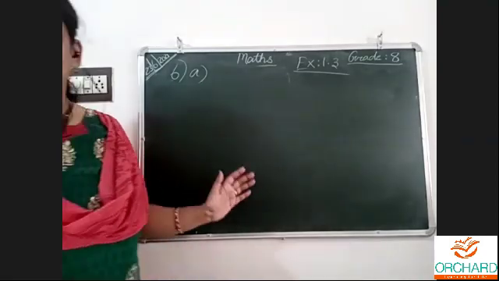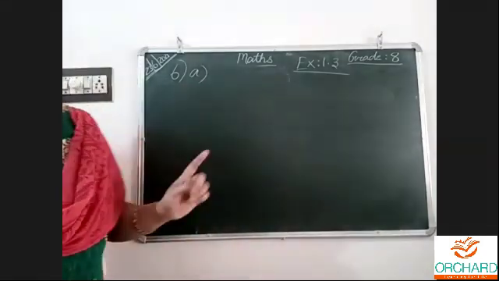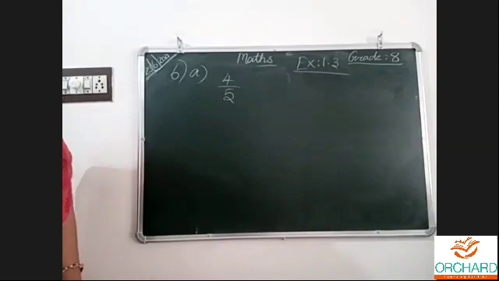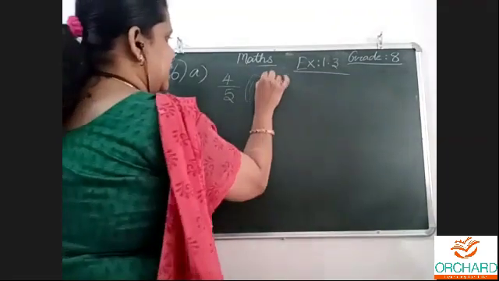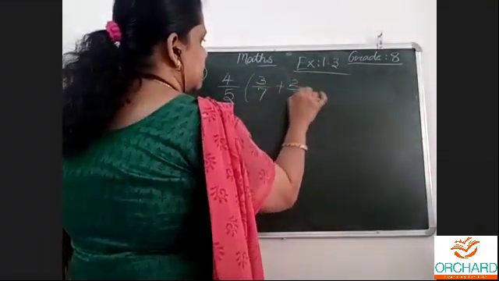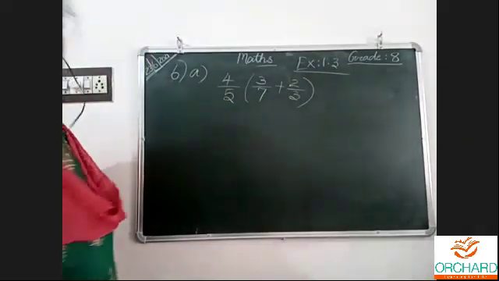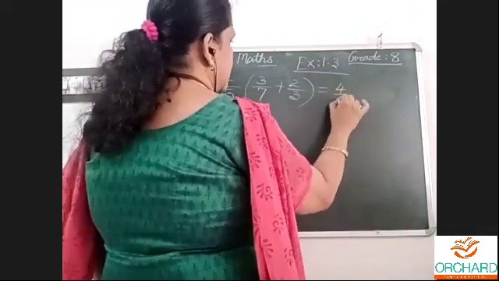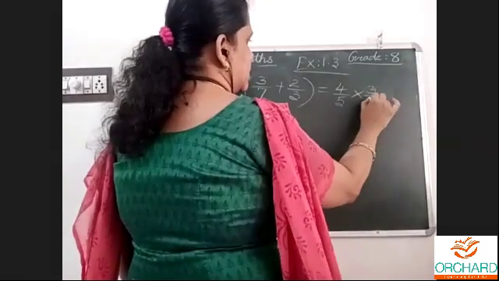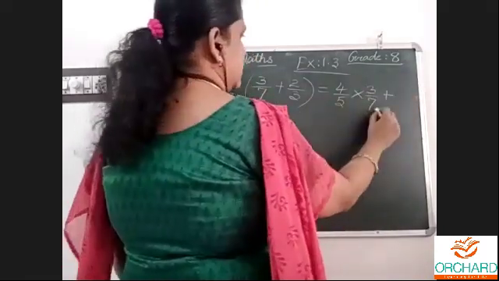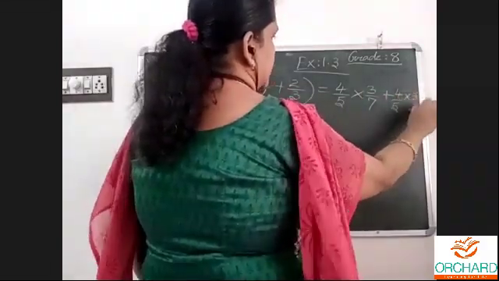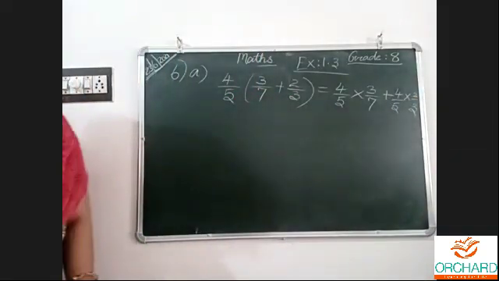Distributive property of multiplication over addition and subtraction. Two sums are there. One I am going to do. Because if I keep on doing all the questions, time will fly and we won't be able to finish. And why have they given so many problems? For practice only. Not for the teacher to do, for the children. 4 by 5 into 2 by 3. This is the question which is given.